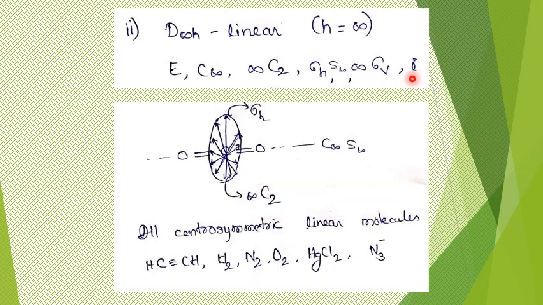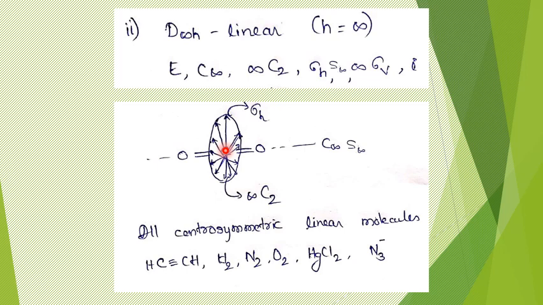One typical example that will be taken for this is carbon dioxide, CO2. It is a linear molecule, and this axis will be the C infinity axis, because on this axis I can rotate the molecule by any angle to get an identical orientation. So it will be a C infinity axis. Then this molecule has an inversion center. This carbon can serve as the inversion center, since when we move in opposite directions from this carbon atom, at identical distance we get an identical situation. That's how an inversion center is usually considered. And so this is a centrosymmetric molecule.